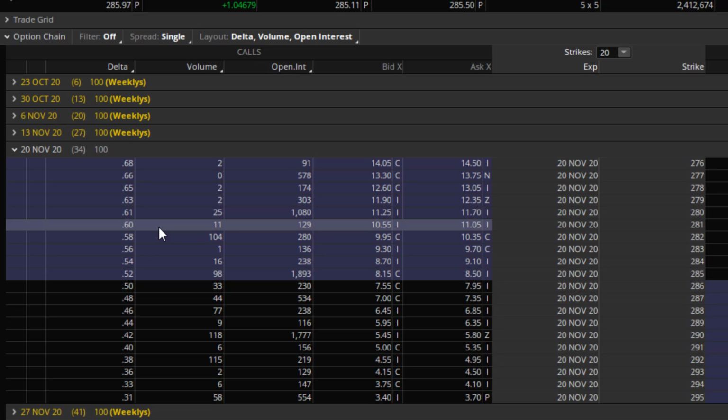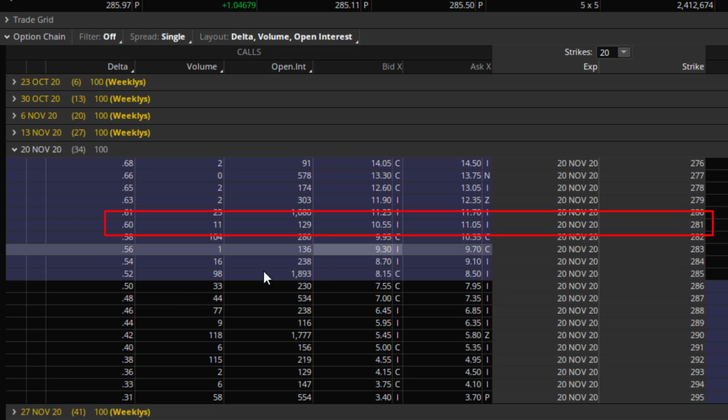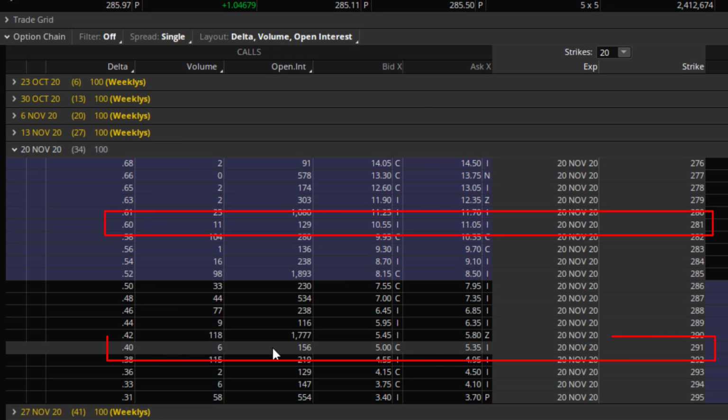We're just looking at a delta 60-40, but I would be looking to buy the 281 call option. This one, between 10.55 and 11.05, is about $10.75. It's a lot of money. It's $1,000. But this is why this strategy is good for a small account, because we're not going to spend